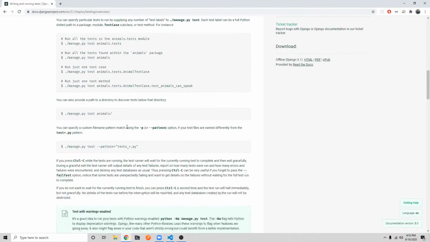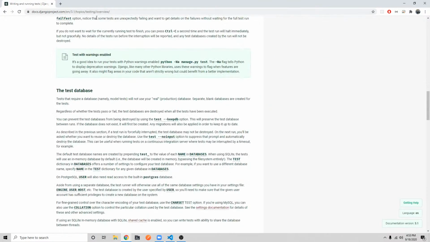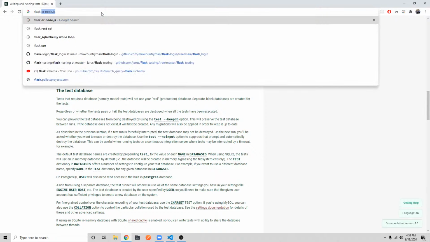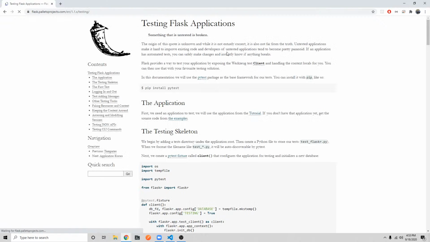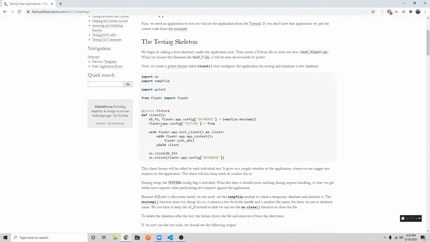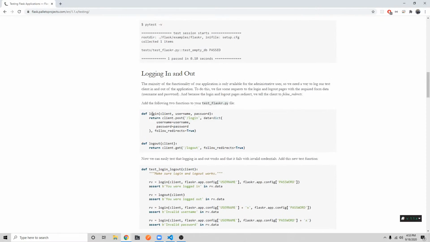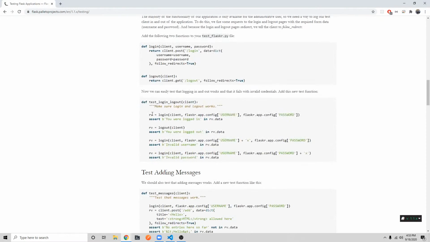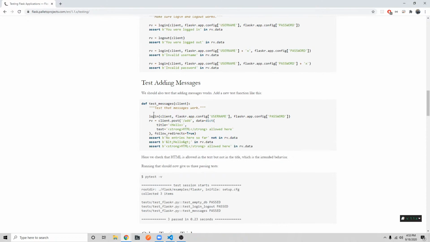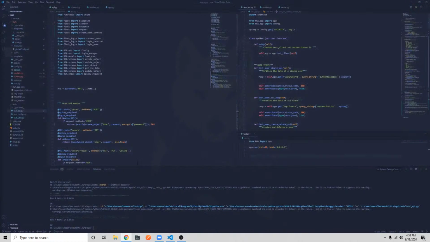It relies pretty heavily on the unit testing framework, whereas Flask has its own context manager where it'll actually create everything. Interesting. Very interesting. Anyway,